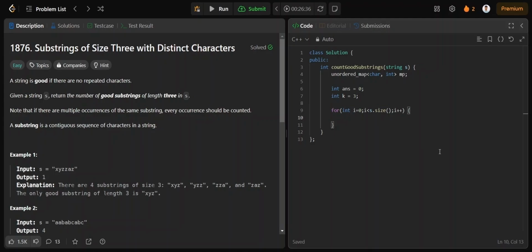First, we will increase mp of character, which is s of i, and then, because it is a sliding window, we will not do further computation if the window size is not equal to the required window length. So we will check if i is less than k minus 1. That means k is the length, so less than k minus 1 means the length of the current window is not equal to k. So we will just continue,